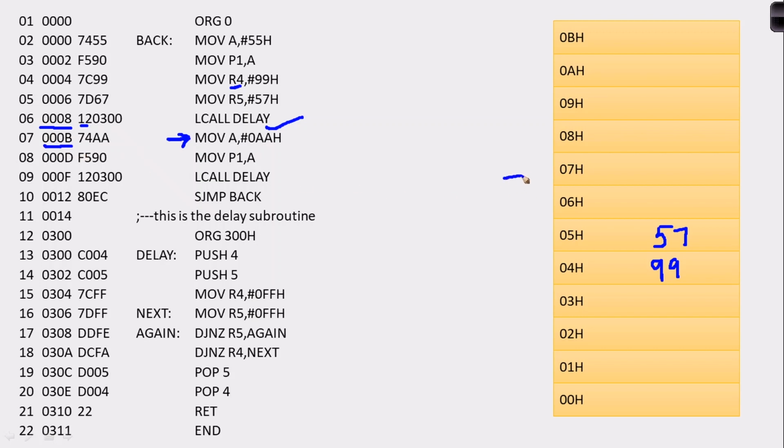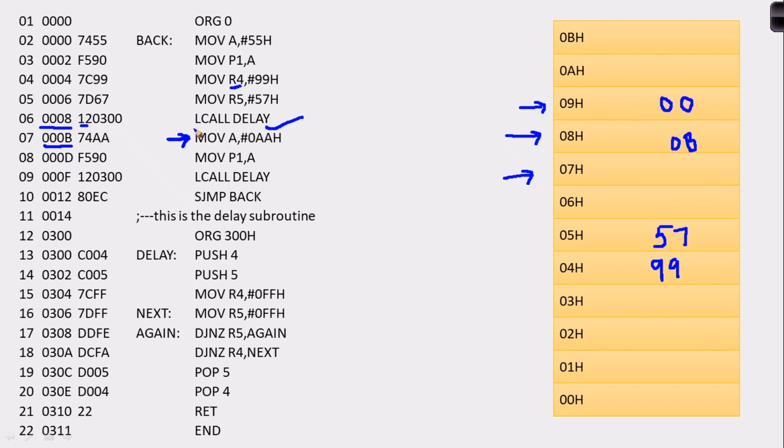Now initially my stack pointer, where will it be pointing? It will be pointing to 07, so I'll be incrementing the stack pointer plus 1, so that the address where I am going to write is 08 hexa, and then here I'll be having 0B, because initially the lower byte is going to be stored, and then it is going to increment the stack again, and the higher byte of the address is 00 hexa, so 00 will be stored over here.